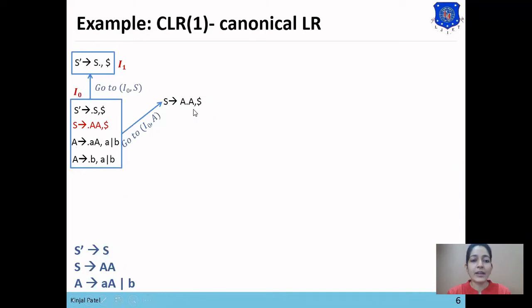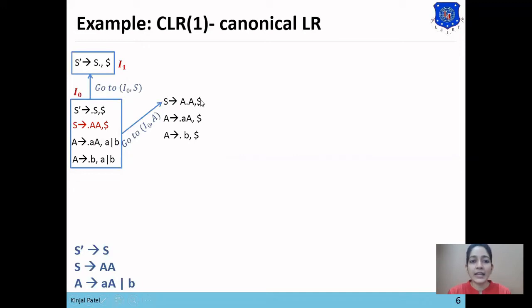So when we apply the closure rule, we need to apply the rule of lookahead, that is, we need to find the first of beta a. So here A derives dot aA and A derives dot b. Now to find the lookahead of this A, we need to apply the rule of first of beta a. In this first statement, between A and comma there is no term, so beta is null.